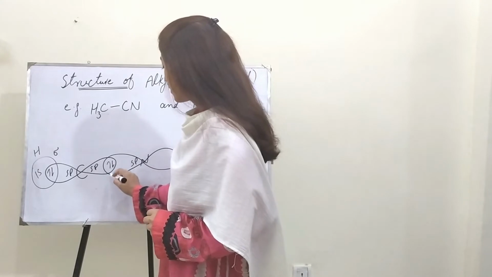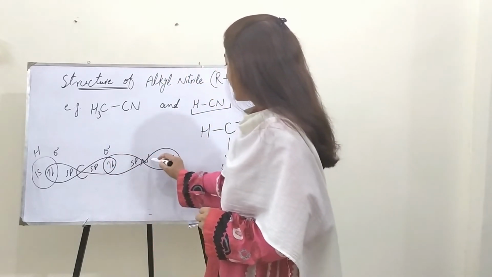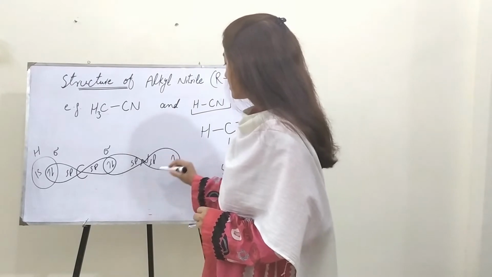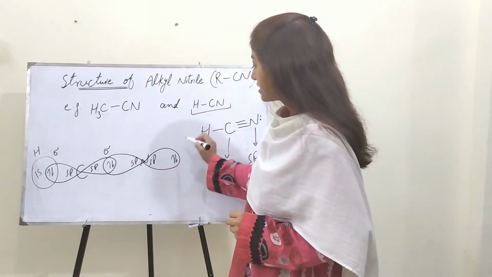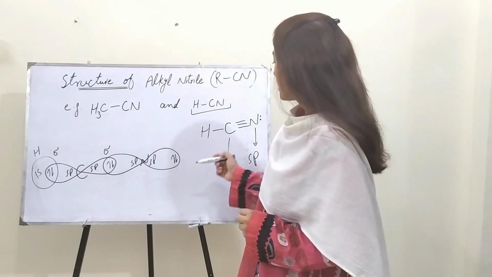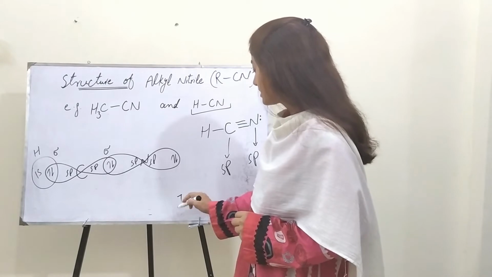So this would also form a sigma bond, and the other sp hybrid orbital would contain a lone pair of electrons, because if you see the nitrogen,